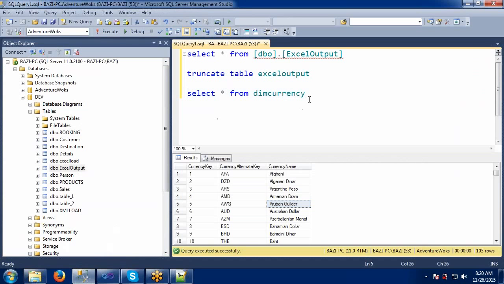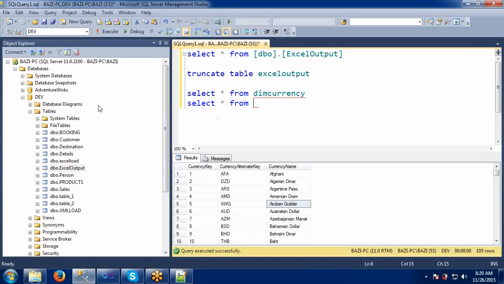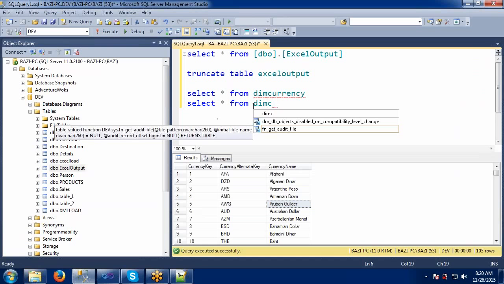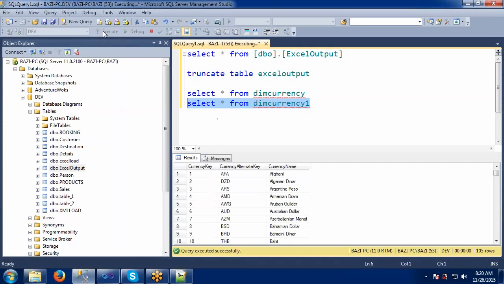Let's test this, whether it came or not. Let's select star. Yes, we got the data, 420 records.